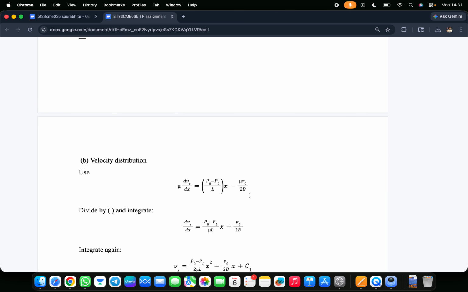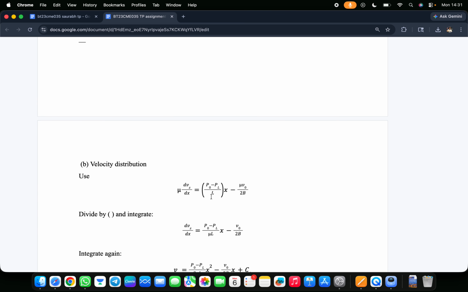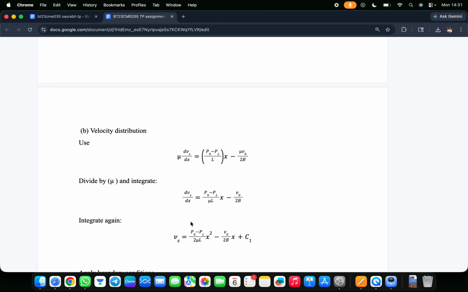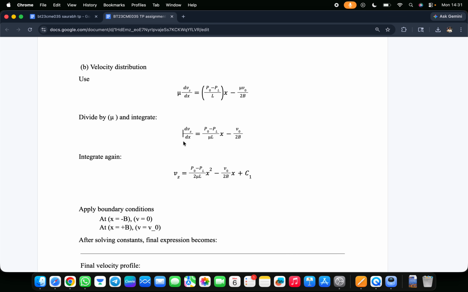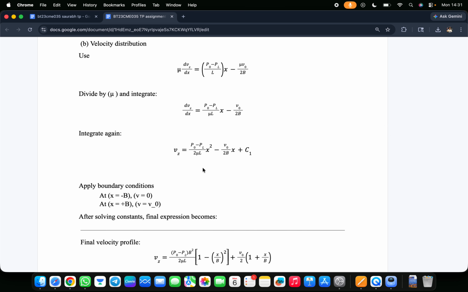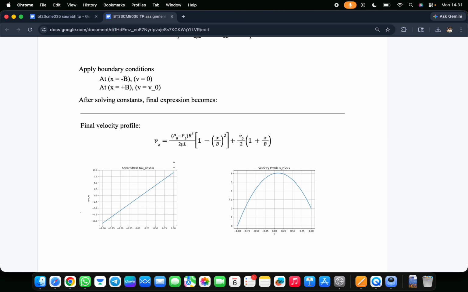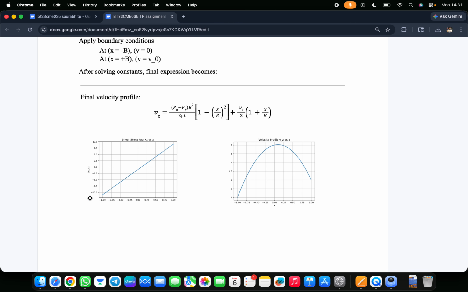So differentiating this value again, and here we have left the mu. First we will copy that. Dividing by mu, we can find that, and integrating again, and then again a constant. So using this boundary condition, we can find the velocity profile. So this is the velocity profile, and when we plot this, this is